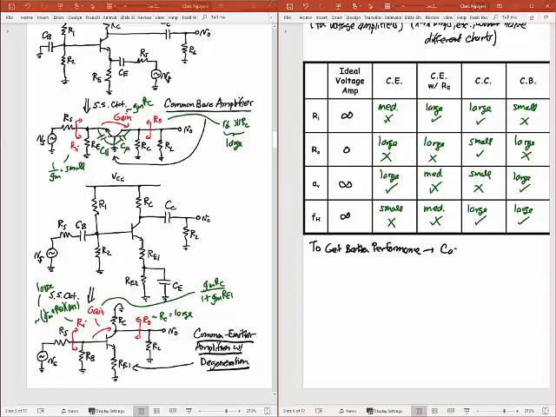And so what you'll be doing in your lab is to cascade these stages. So each of these is an amplifier in itself, but if you cascade them as stages, you can get the best of all worlds here. And so for a good voltage amplifier,